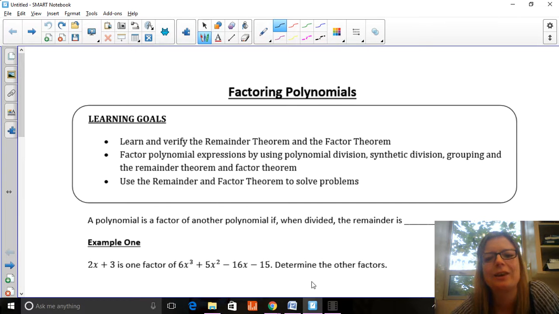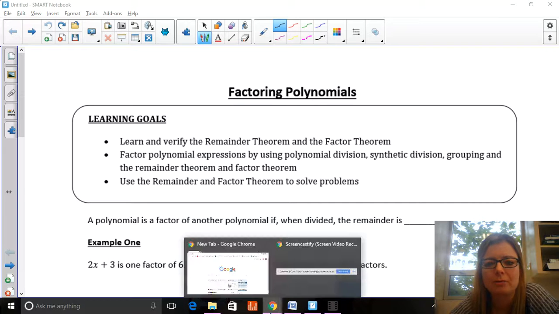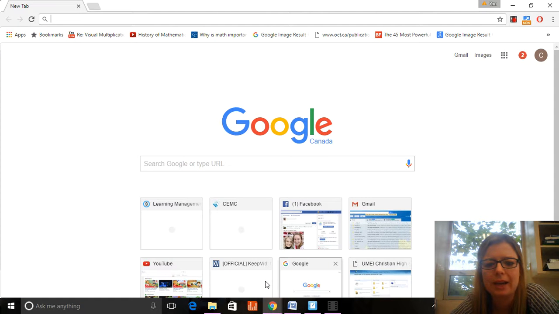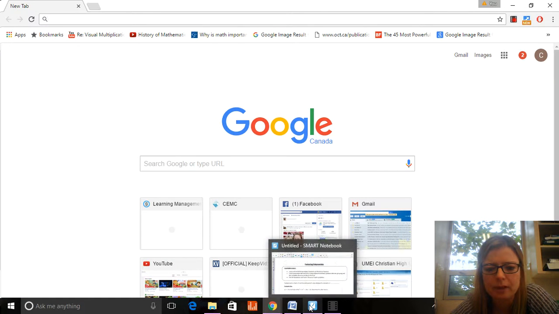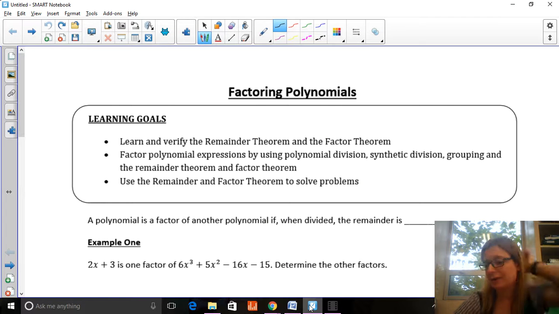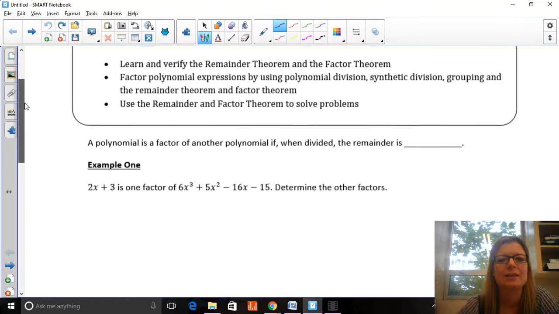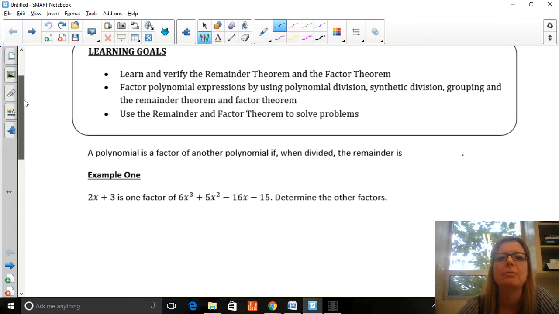Class, today we are doing a video on factoring polynomials. So this is quite an important video for you guys to understand, and we're going to be doing quite a lot in it. So I hope that you are ready to go. Okay, so you can see what the learning goals are here. We're going to be talking about the remainder theorem and the factor theorem, learning what they are, and also learning